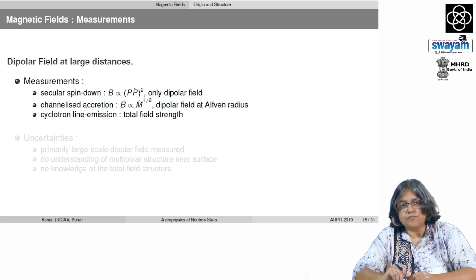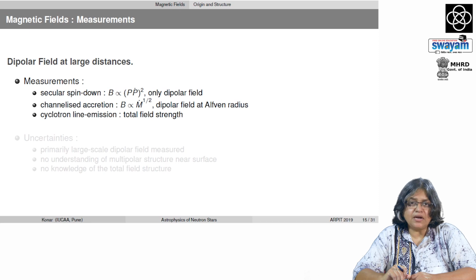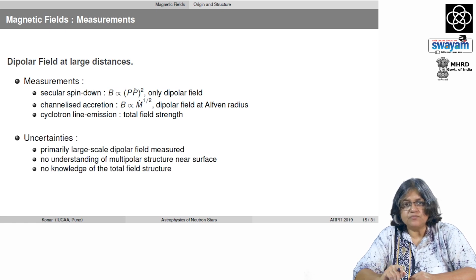On the other hand, for certain neutron stars, cyclotron lines have been observed. If you can measure the strength of the cyclotron line, from there we can get a handle on the field strength of the magnetic field from the region where the cyclotron line is being produced. But obviously, there are a lot of uncertainties,